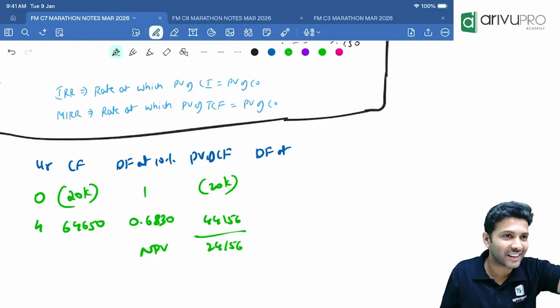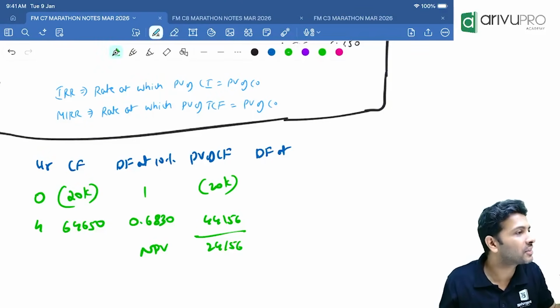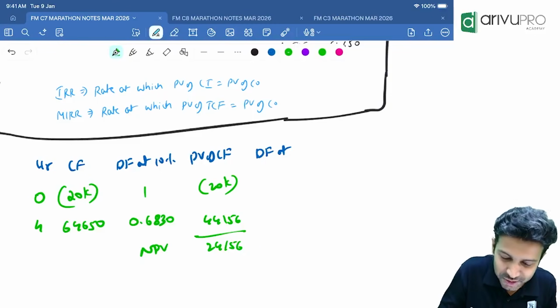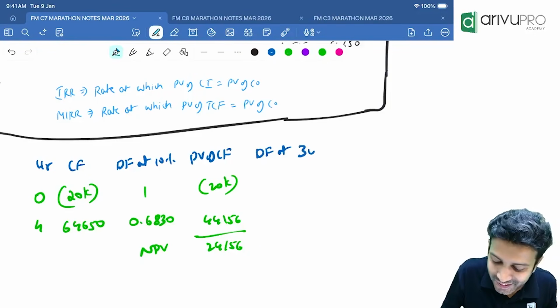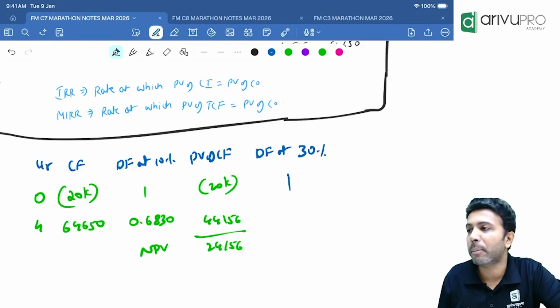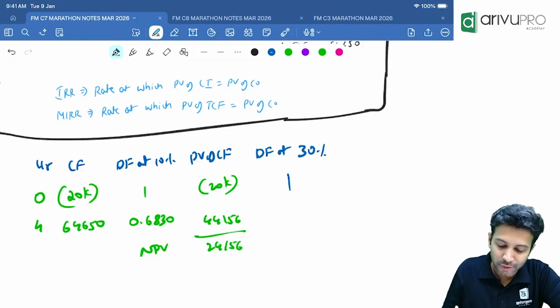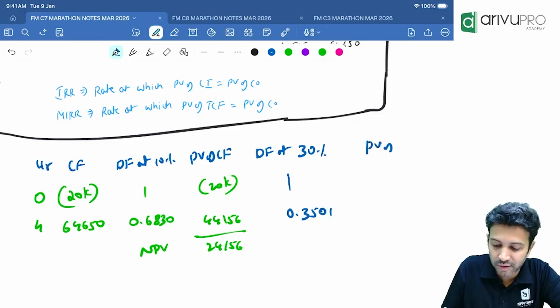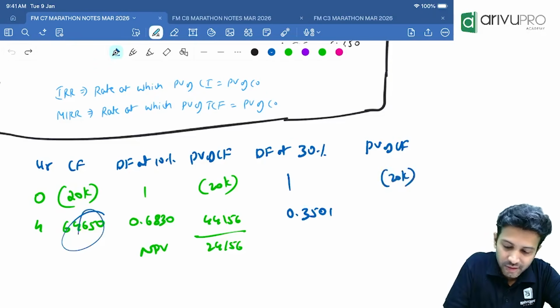But you're getting it now. Now the step is same as IRR. No change. But anyway, since we've started, at least we'll complete. Okay, let's maybe take 30%. 1 divided by 1.3, press equals button 4 times. How much is that? 0.3501. Then the present value of cash flow. This is 20,000 negative. These two will be